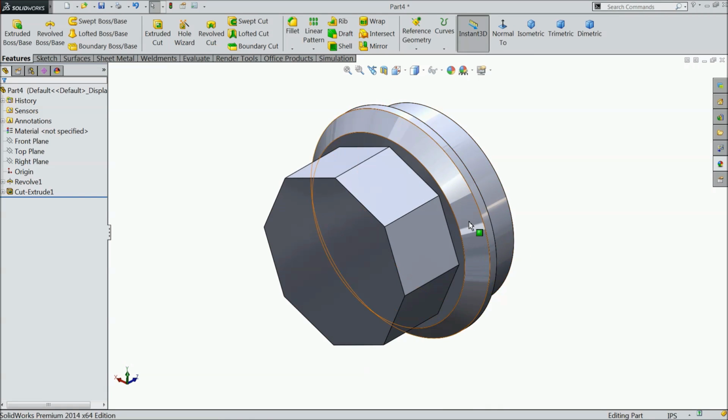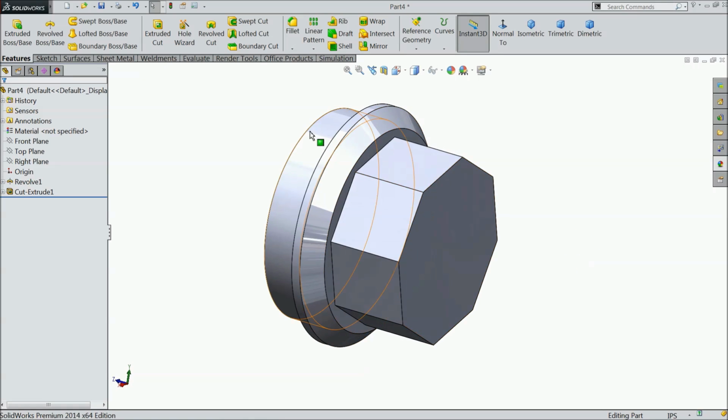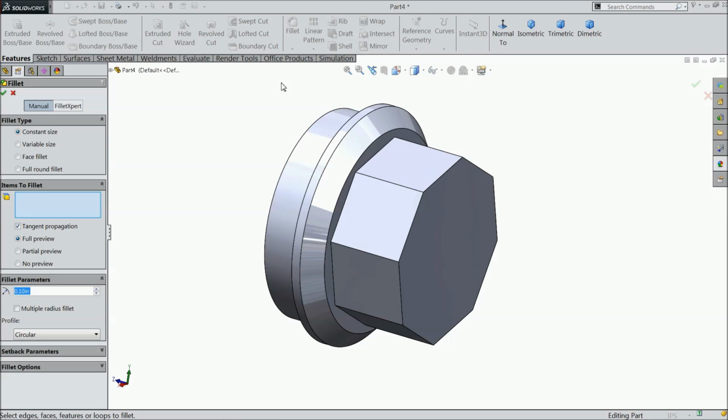Now let's define some fillet. .06 inch and select